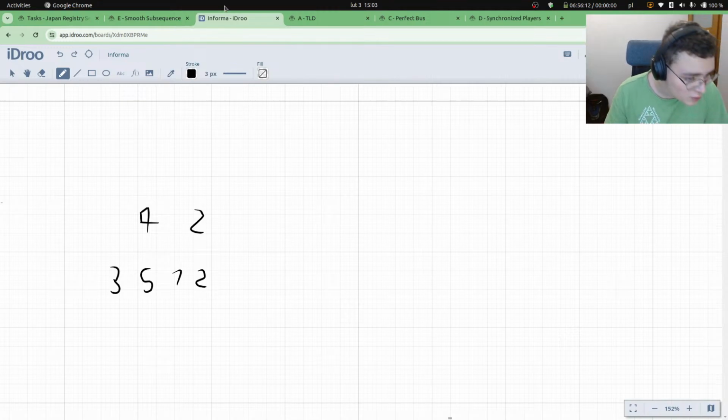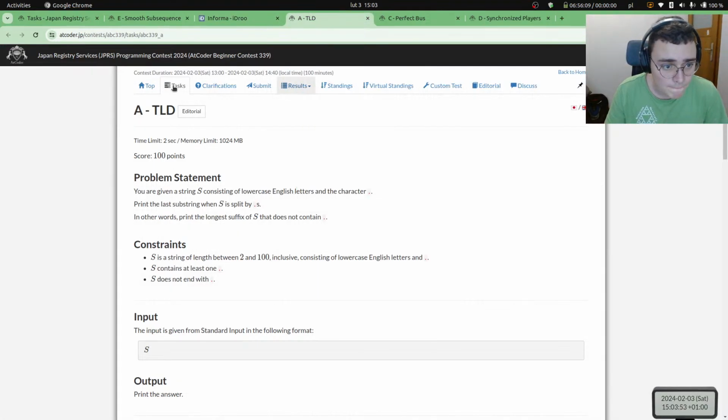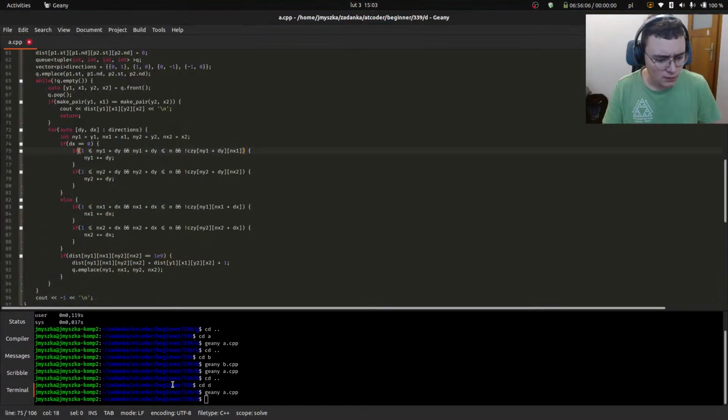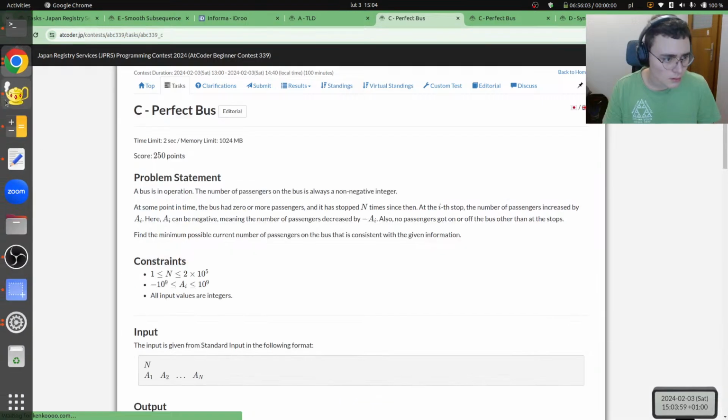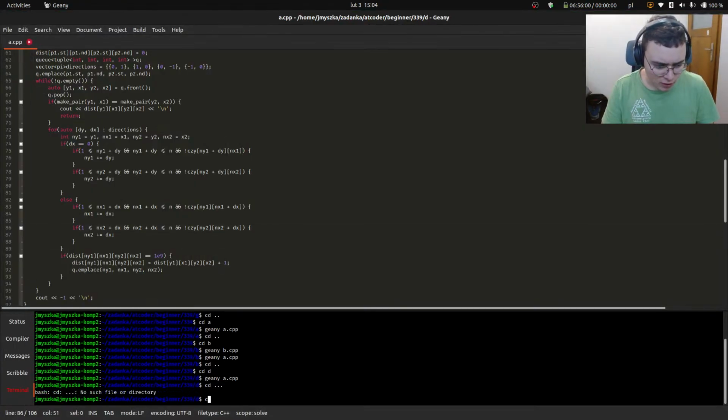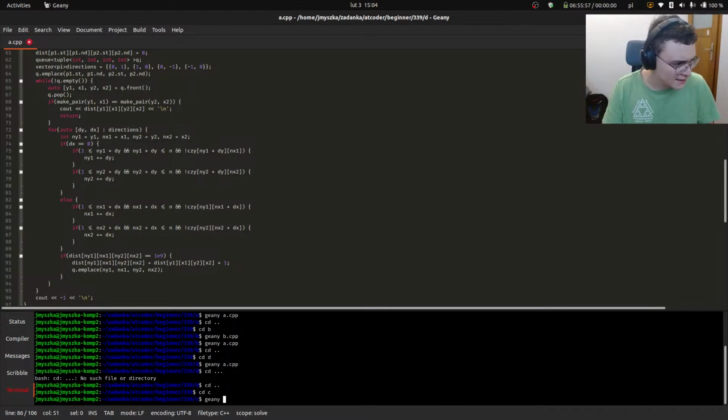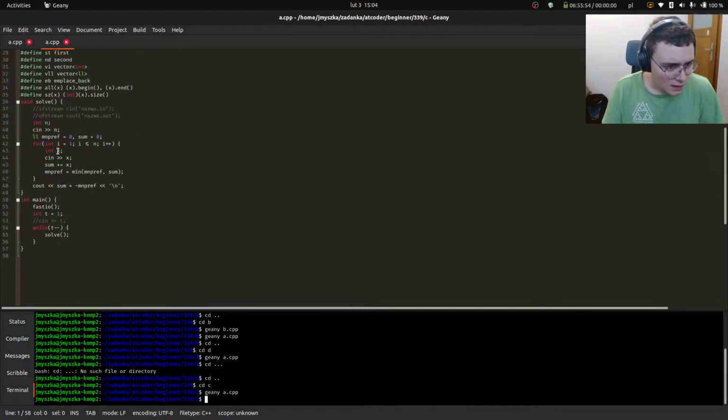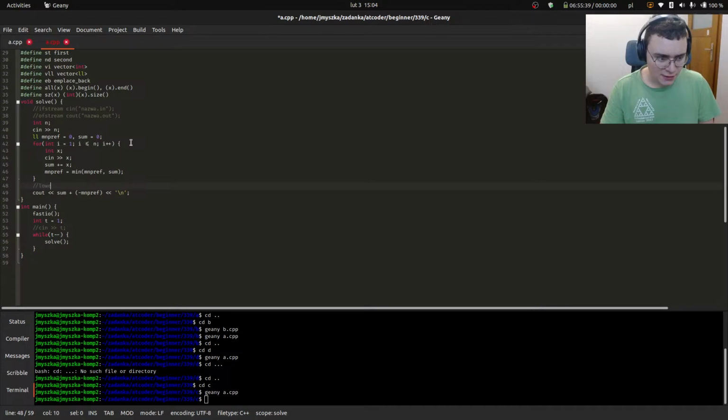Someone asked the question, how are you printing the answer in question C? Let me show you. As I was saying before, in question C, I am just looking for the minimal prefix, and my answer is my sum plus the, because our lowest initial value is minus the minimal prefix, right? Because if I know that, let's say,